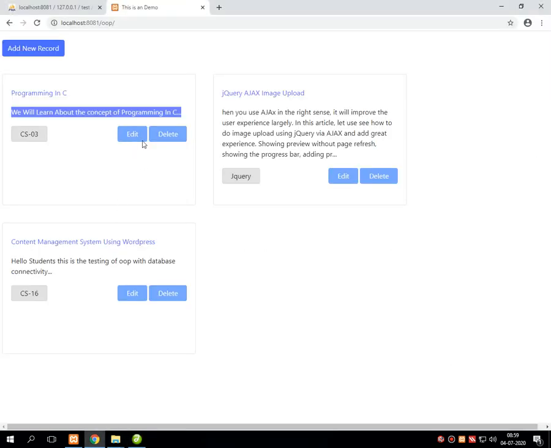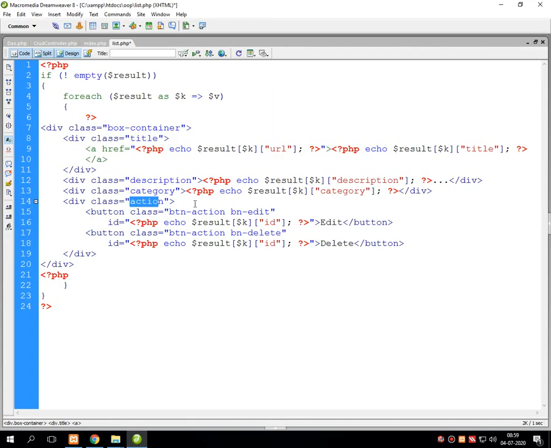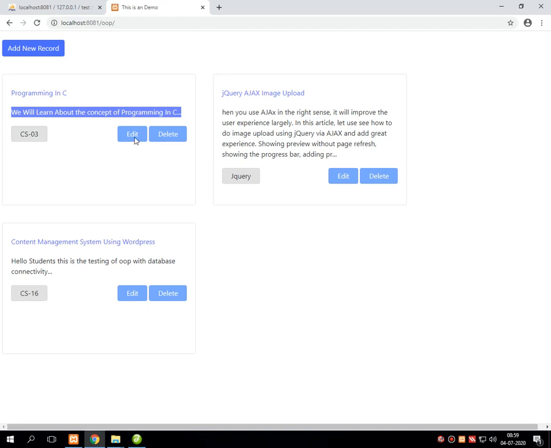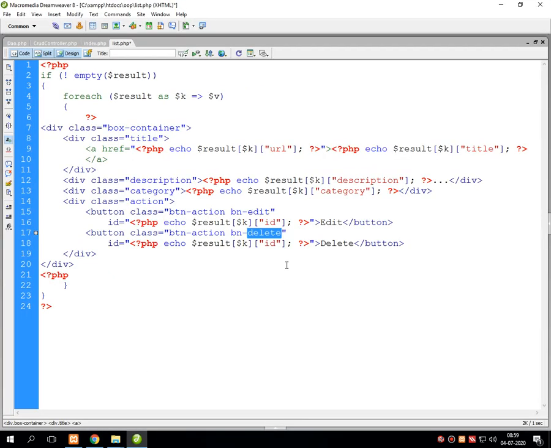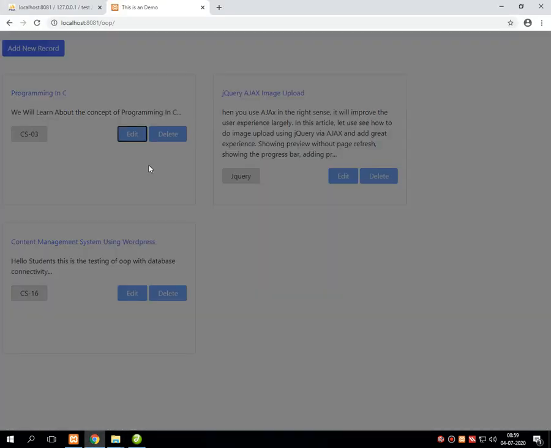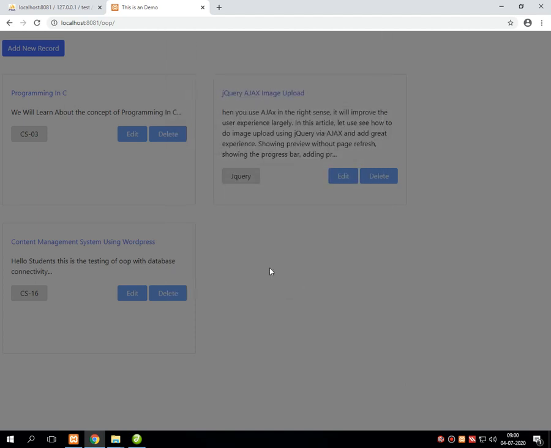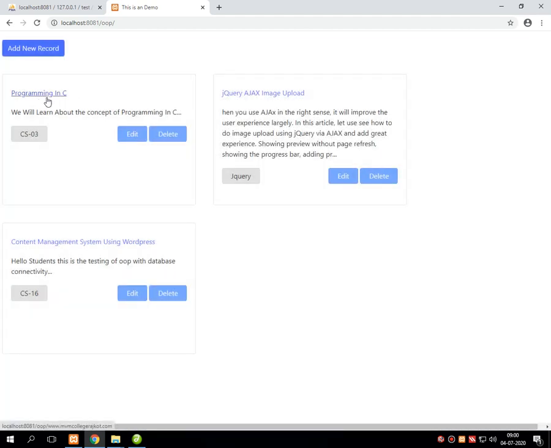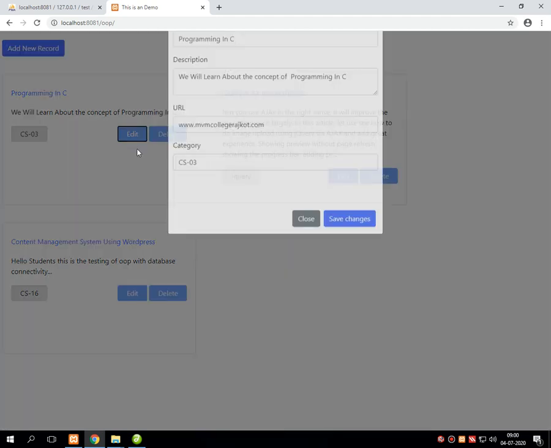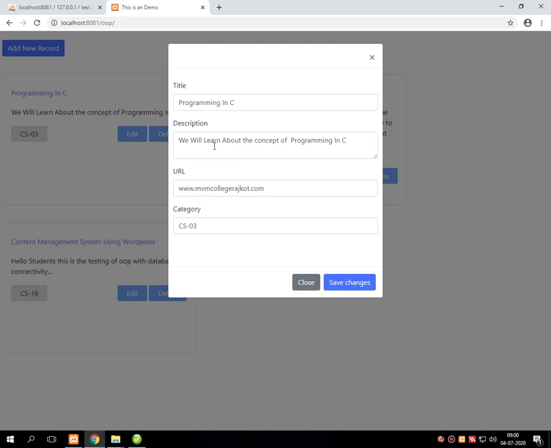One is for edit, another is for delete. So it will display two actions on the screen, two buttons, a button for edit and a button for delete. Now whenever you press any of the relevant buttons, the entire content is going to be displayed on the screen in an editable format by passing the particular ID. What I want to convey is, suppose I am pressing the edit button of this particular title and description, it only displays the content of that particular information.